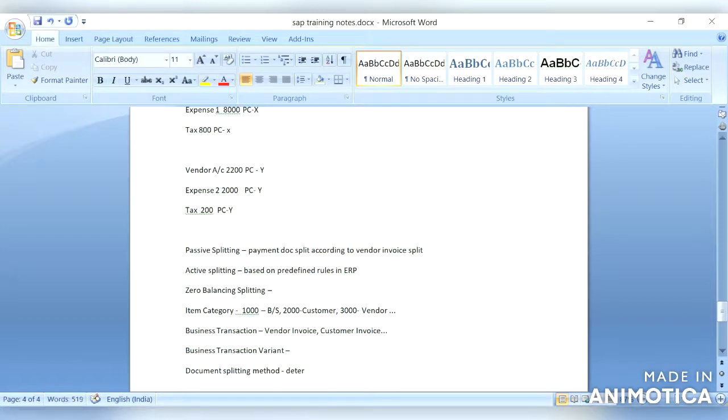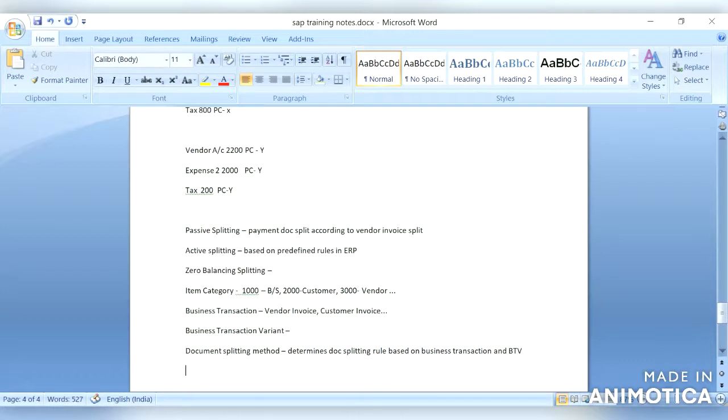So it determines the document splitting rule based on business transaction and business transaction variant. So then what is document splitting rule?